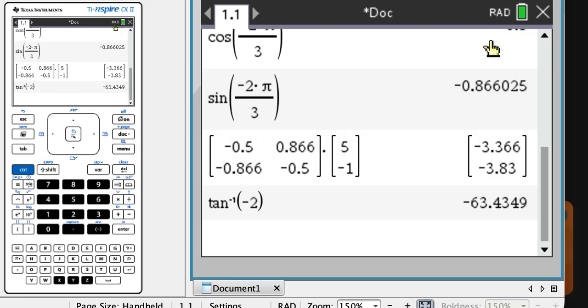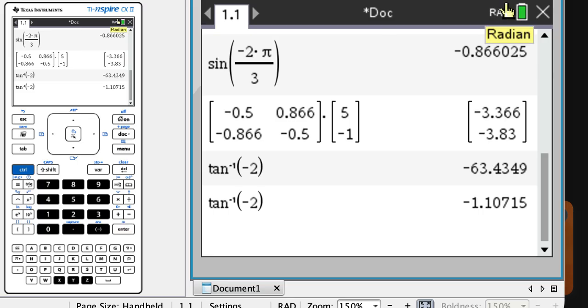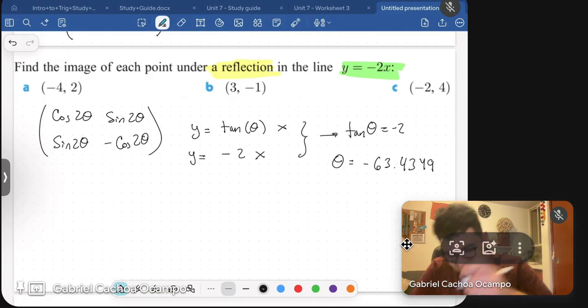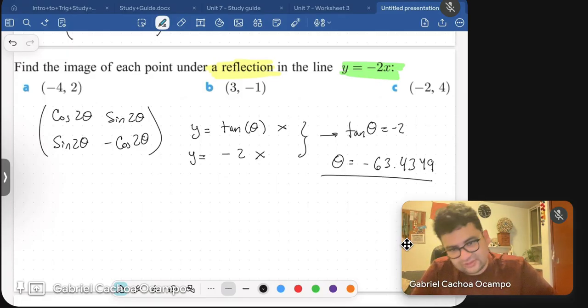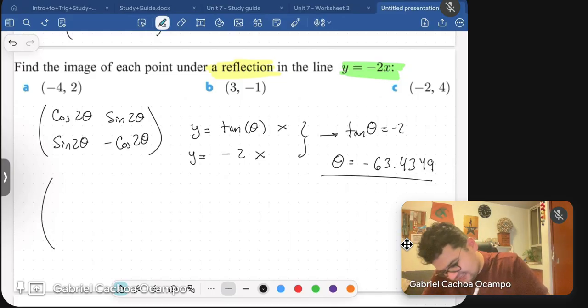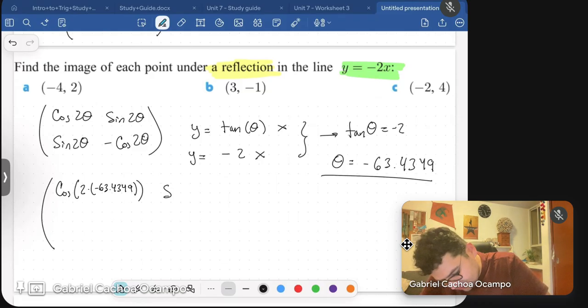I have a feeling that this is like 2 pi. Let me see if I do it in radians, no, nothing. Let us keep it in degrees. So theta equals negative 63.4349. Now, to find the matrix, I just plug this in here. So it would be cosine of 2 times negative 63.4349, sine of 2 times negative 63.4349,